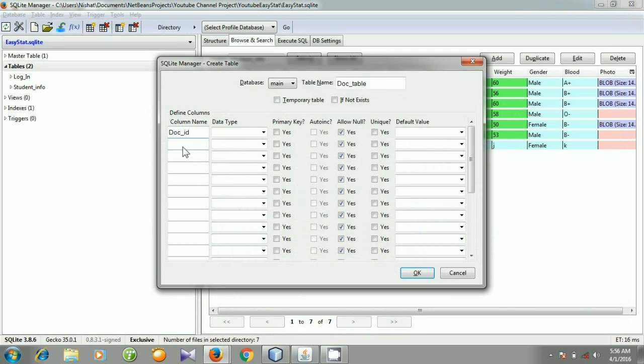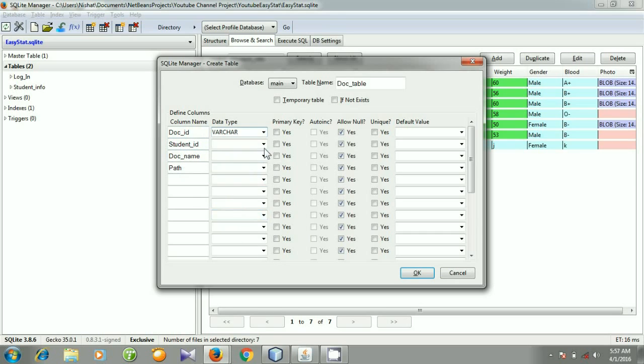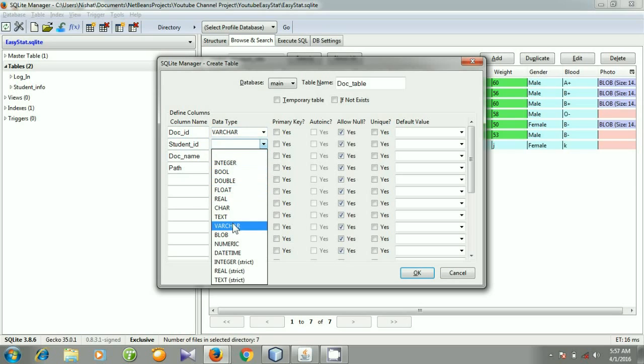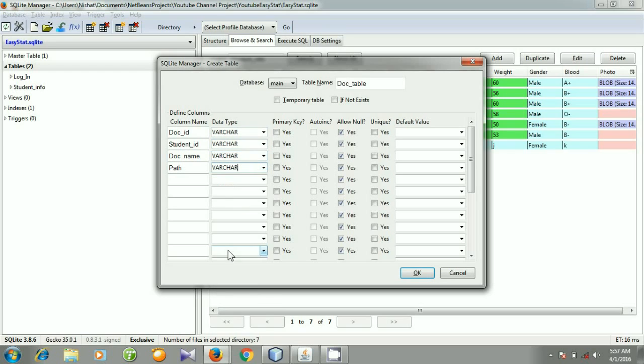The type of the document ID will be varchar. Student ID is varchar, that means variable character. Also document name is varchar, and the absolute path will be varchar also.